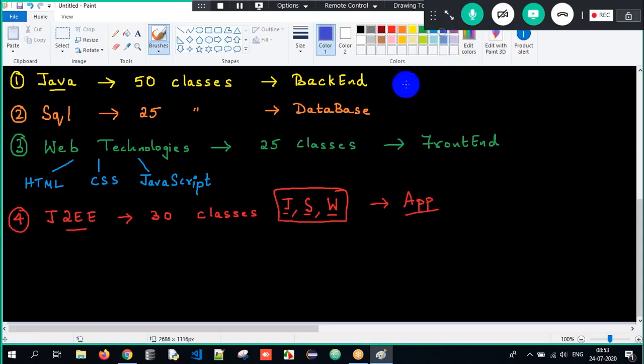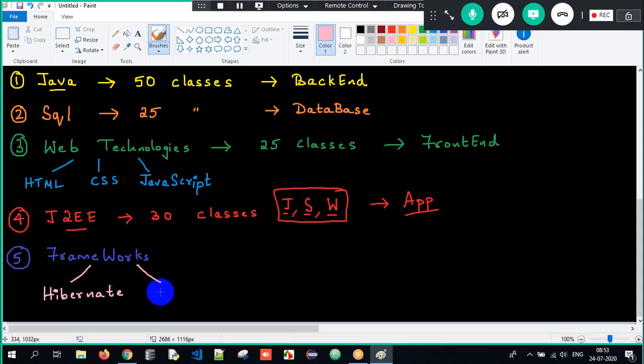Once we are done with it, the next thing you will be learning is frameworks. What will you be learning? Something called frameworks. And what are the frameworks you would be learning? You would be learning two frameworks. That is Hibernate, and something called Spring, using J2EE. Well, here you develop